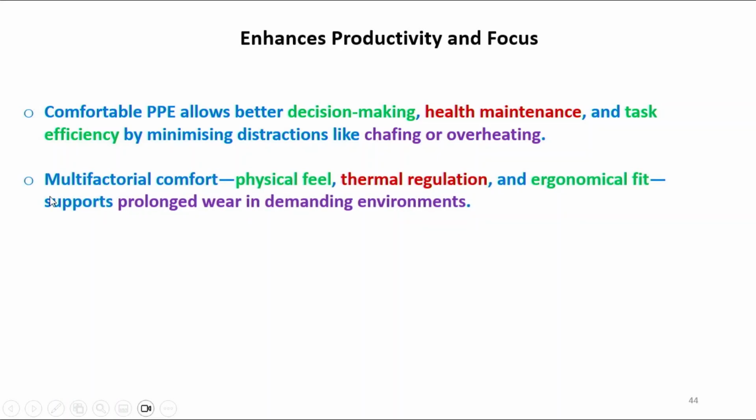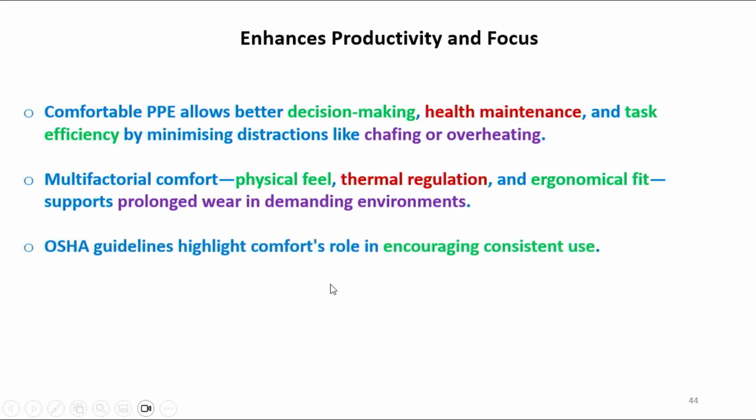Multifactorial comfort: physical feel, thermal regulation, ergonomic feel, fit. If we can incorporate all this multifactorial comfort, physical fit, thermal regulation, and ergonomic fit, then the wearer will wear it for a long time in demanding environments.